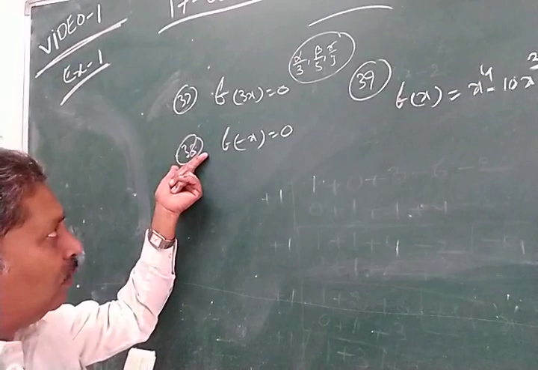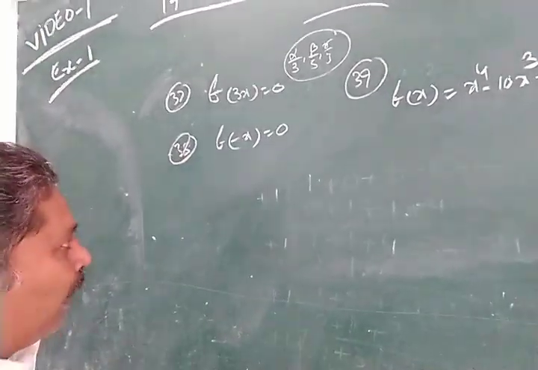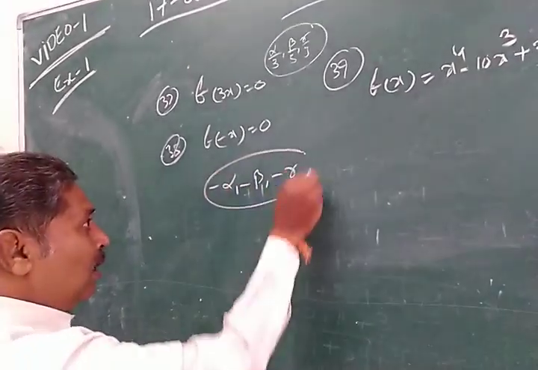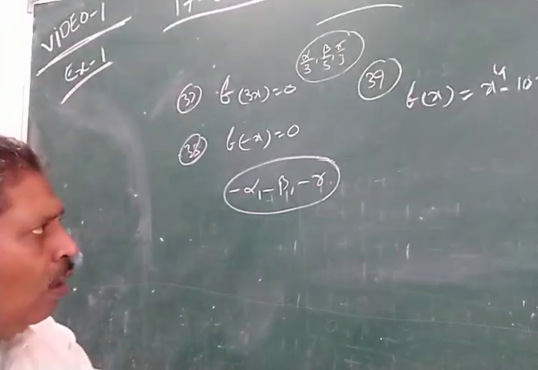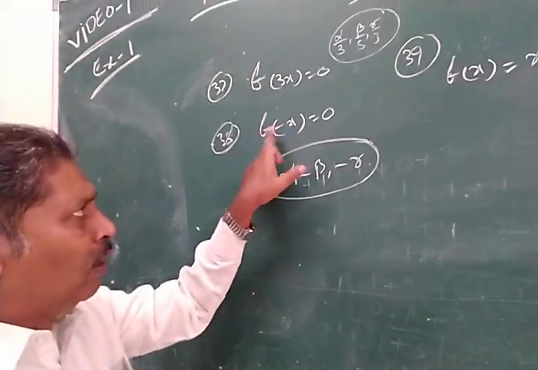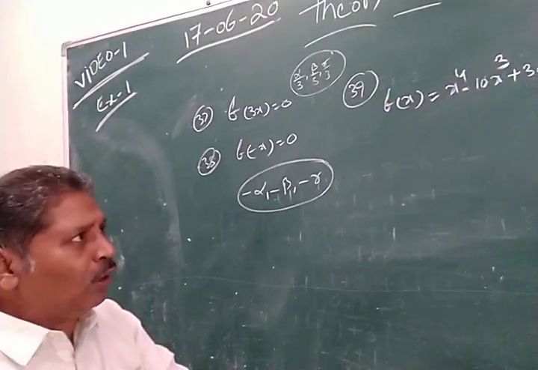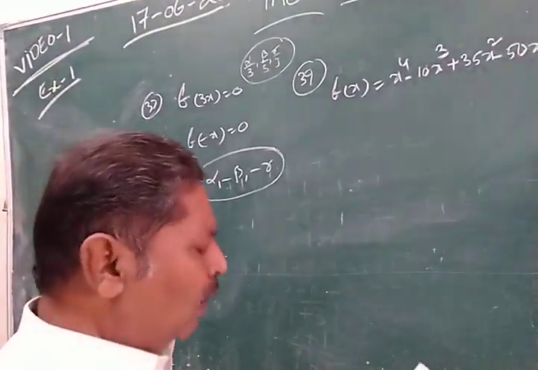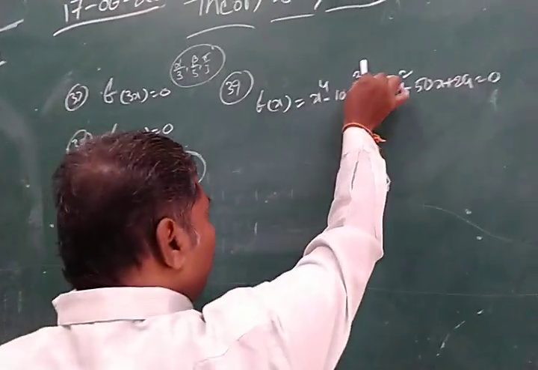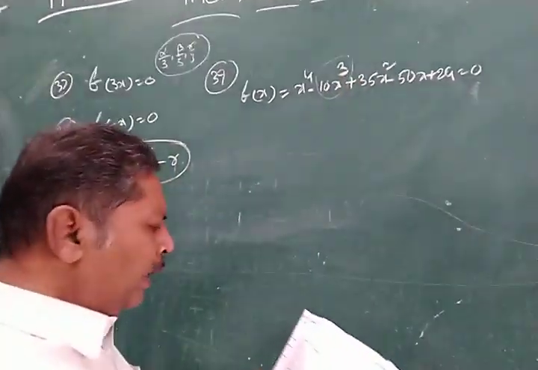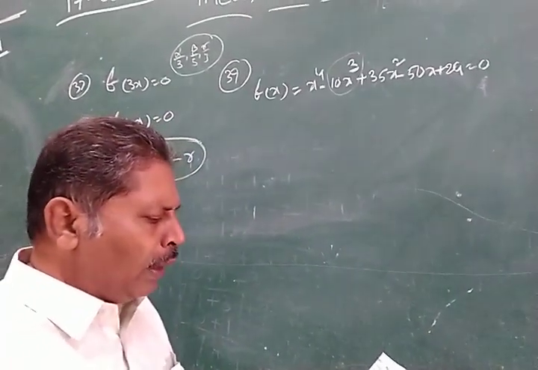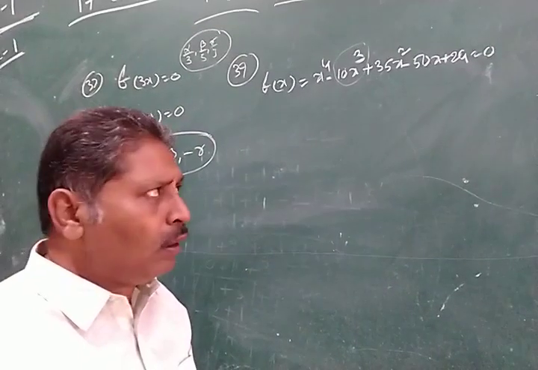Similarly 38, negative signs. So minus alpha, minus beta, minus gamma are the new roots. So required equation f of minus x equal 0. Next, 39th bit, to remove the second term, then roots are diminished by